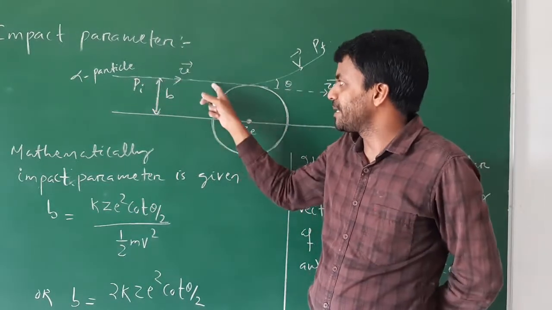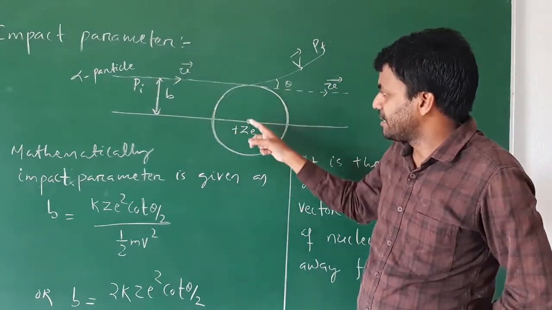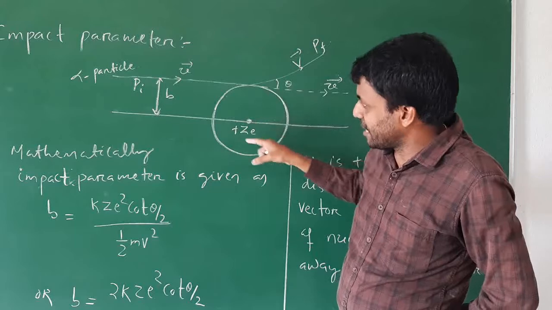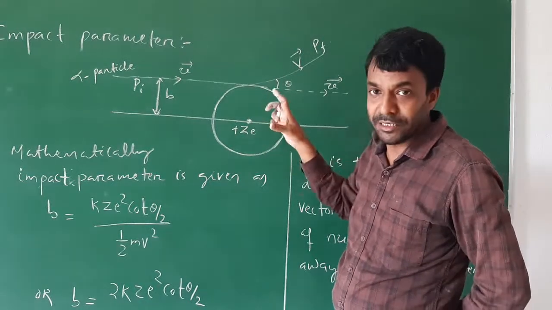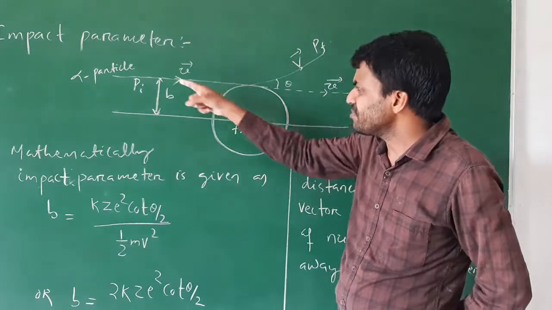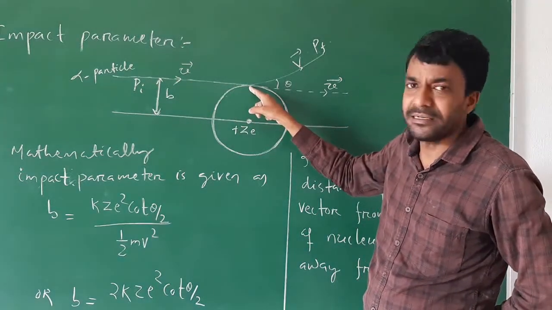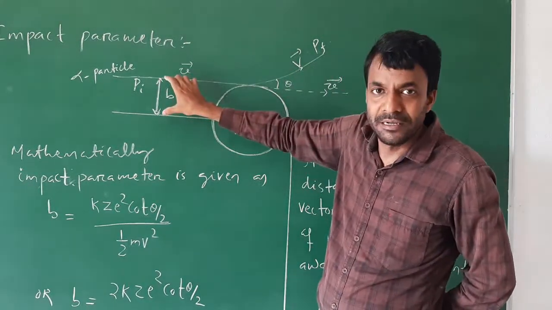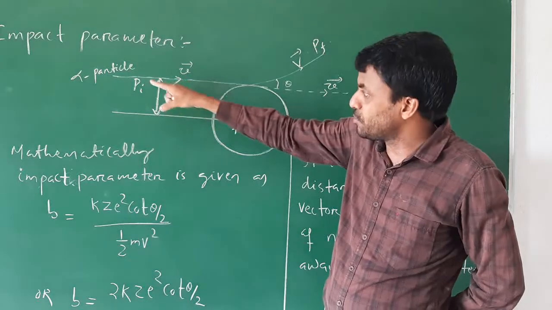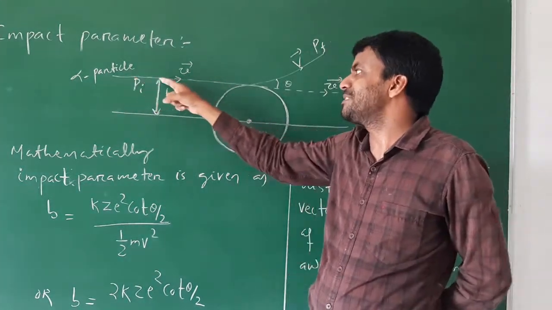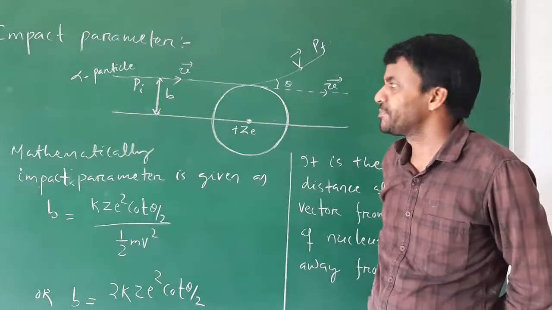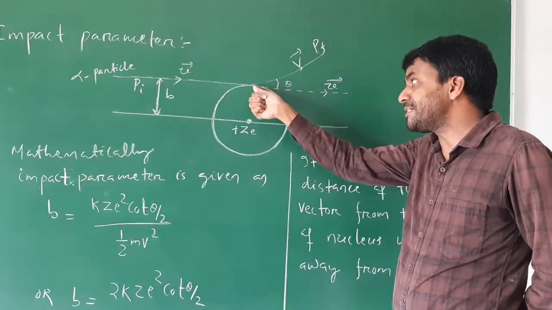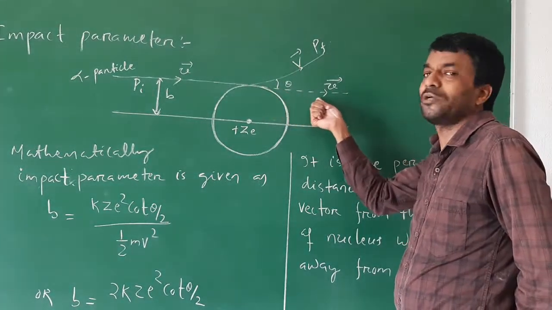Let this be an alpha particle, this an atom, and this the central part, the nucleus. This is the central part of the nucleus, the total nucleus, because the nucleus is the massive body. When the alpha particle collides just on the side edge of the nucleus, it will be scattered. The perpendicular distance of the velocity vector matters here, because the alpha particle is moving initially with this velocity vector u. After the collision, its velocity changes to vector v. If it does not collide, this is the actual path.